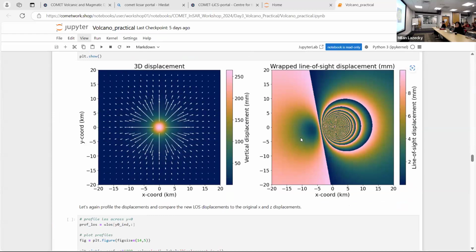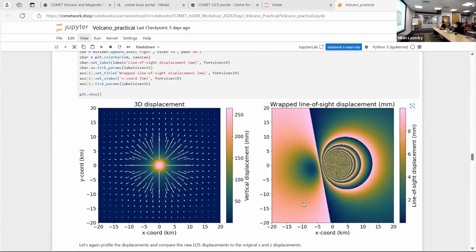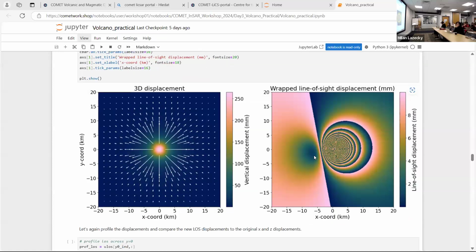From the question from earlier that we said we were going to answer now: it may look like there's subsidence, but there is no subsidence. It's just that the ground is moving away from the satellite rather than towards the satellite. So once we're in line of sight, the relative contribution of each is different.